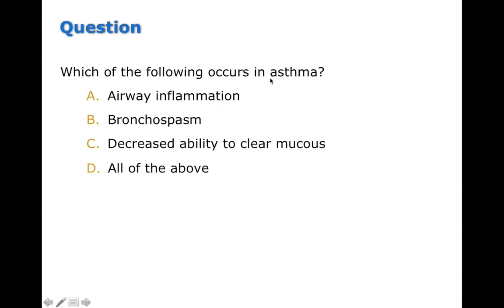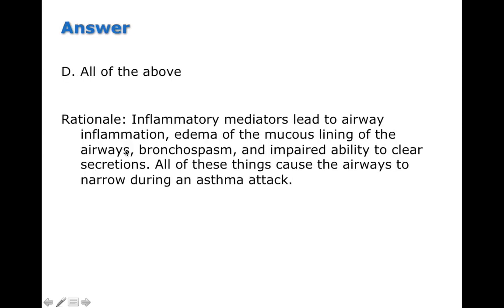Now, this question here says, which of the following occurs in asthma? Airway inflammation, bronchospasm, or decreased ability to clear mucus? And it's actually all of the above. And the reason why we see a decreased ability to clear mucus is from destruction of the epithelium that lines the lumen over time. And so that mucus just starts to accumulate along airways, which makes it more and more